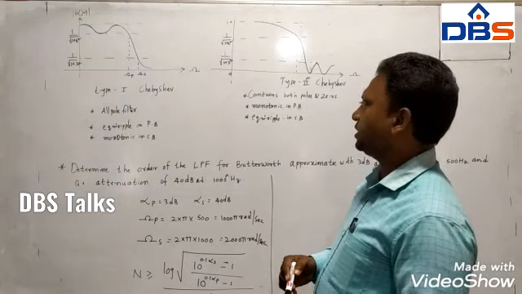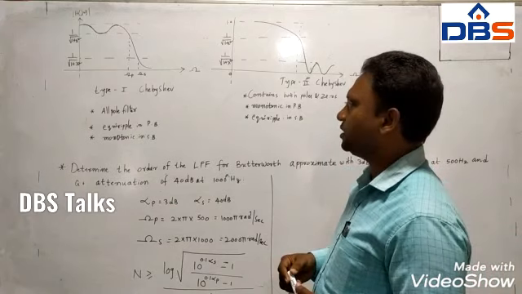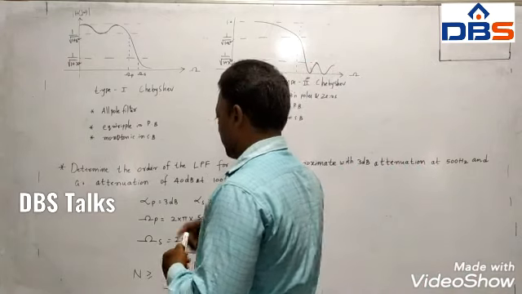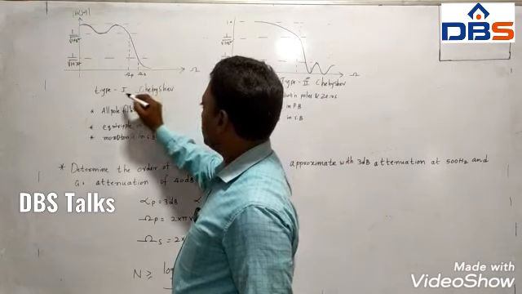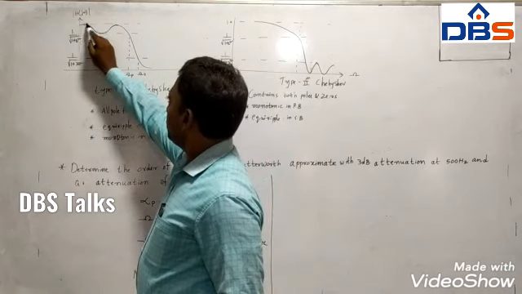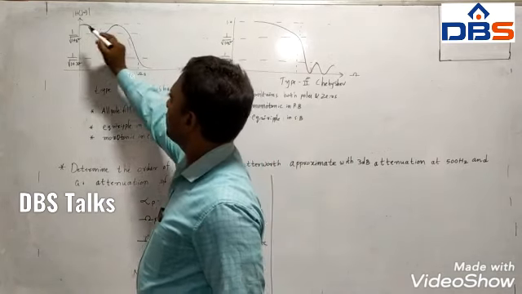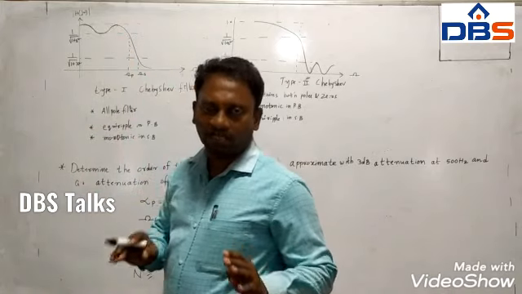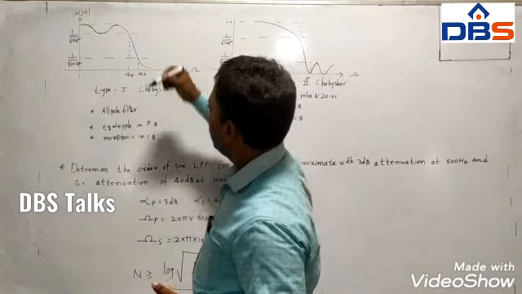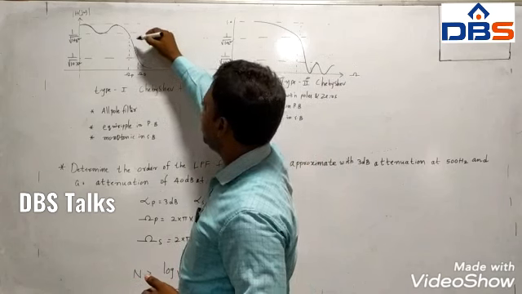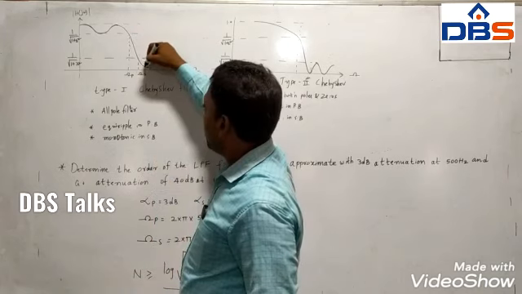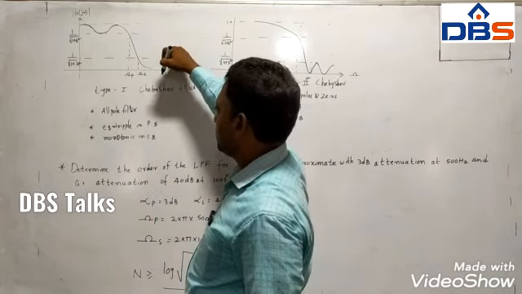So in the Chebyshev filter, two types of Chebyshev filters are present. The first one is the type 1 Chebyshev filter, and the second is the type 2 Chebyshev filter. The main difference is that in the type 1 Chebyshev filter you have equiripples in the pass band. You see, you have ripples here. The magnitude response is not constant. The magnitude response is rippling in the pass band, and in the stop band it is monotonic. Even in the transition band and the stop band, it is a monotonic decreasing function. That is how we can say.